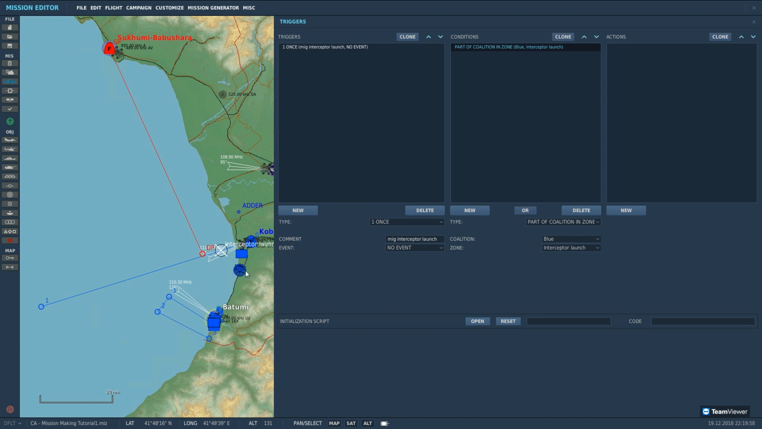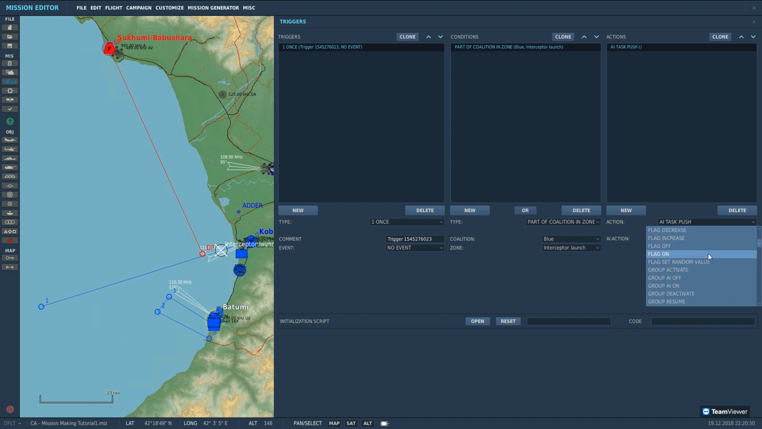But for whatever we're trying to do over here, we just need one condition, which is as soon as a blue guy passes through it, launch those interceptors. Now we go down into action and new. So part of coalition and zone, I'm sorry, blue, interceptor launch, action, new. Alright, now what we want to select for those guys to actually activate is going to be under action, and it's called